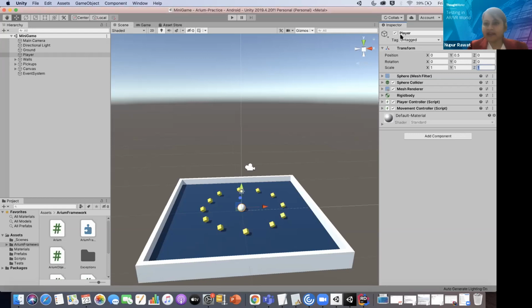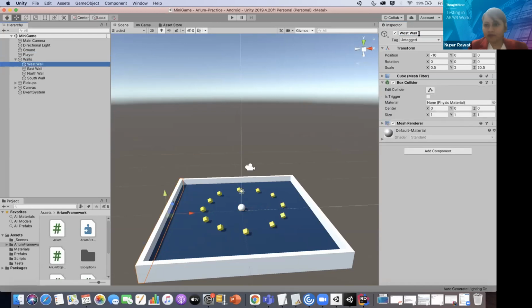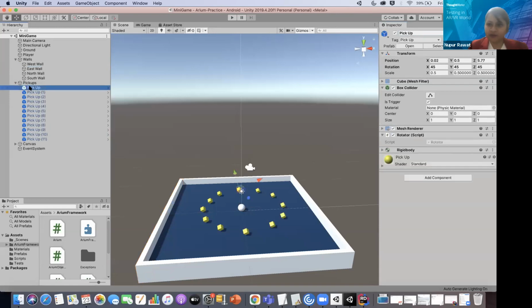And next is the identifier of the ball. You should understand that our Arium is going to identify my ball from this name, the player name. Similarly, like the wall, it will identify the west wall from this name, west wall. And similarly for the pickups, there are different pickups and each pickup has a different name.